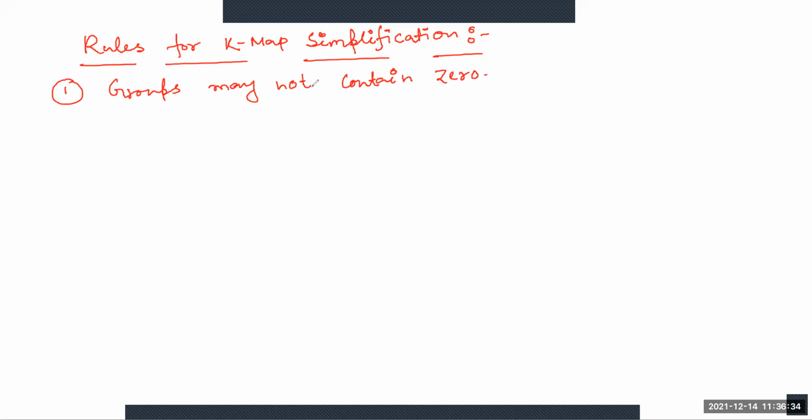The second is that we can group on 2 to the power n cells.